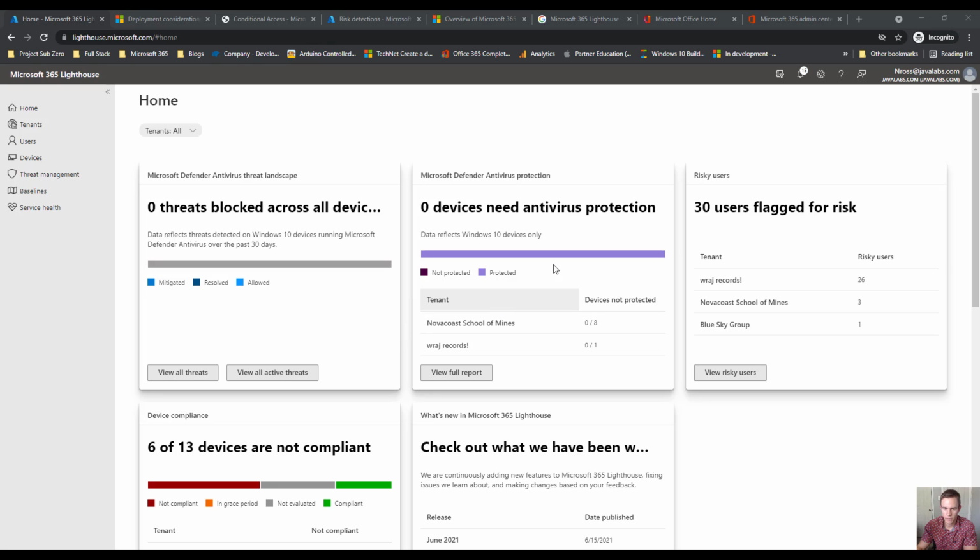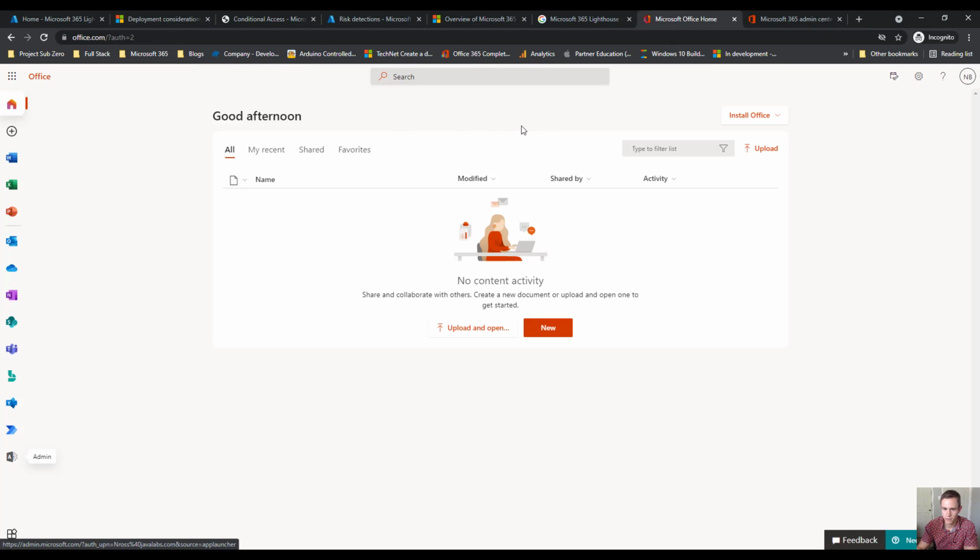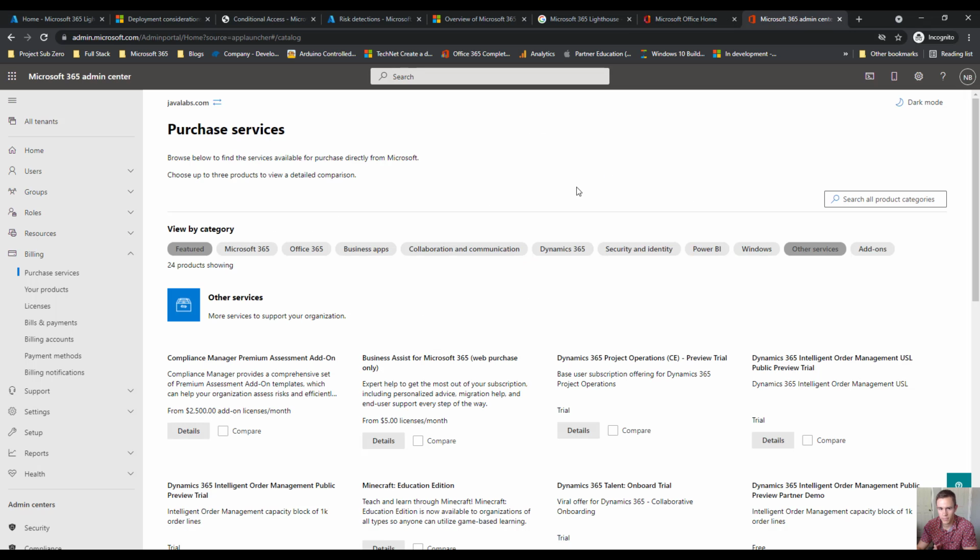Getting into it here though, this is Microsoft's particular Lighthouse environment I have for a test indirect reseller. So my dashboard here is a little limited just because I have a bunch of test tenants connected. Your dashboard should look a little bit more beefy in the sense of the data that you do see within here. You can sign into your Office account here, and this is the one in the sense of your indirect